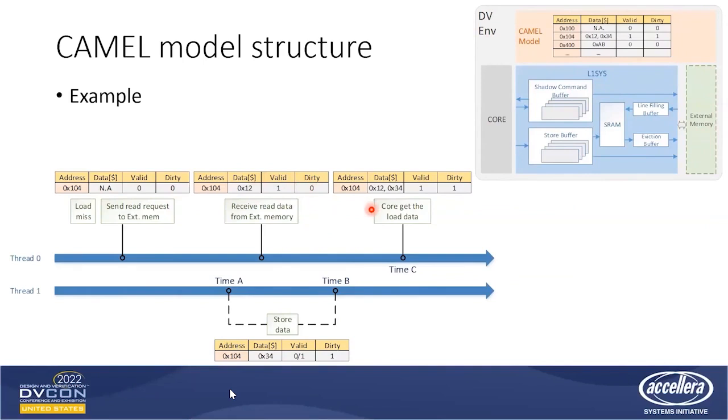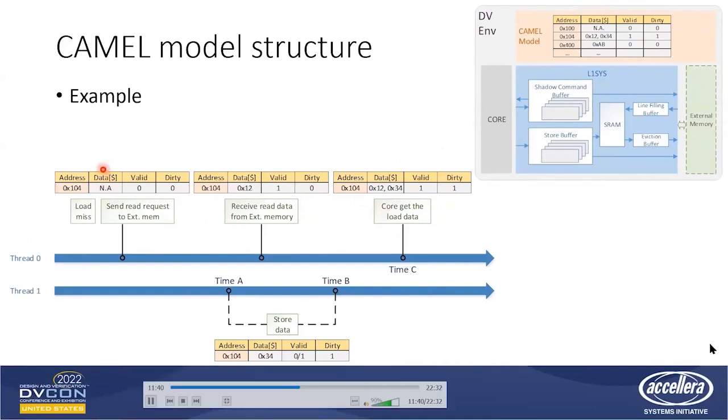Again, we call this redo. And when the core resends this load instruction, it will get the data. This is what the cache needs to do in the L1 sys. And from this point to this point, the thread is stalled by this load miss. But